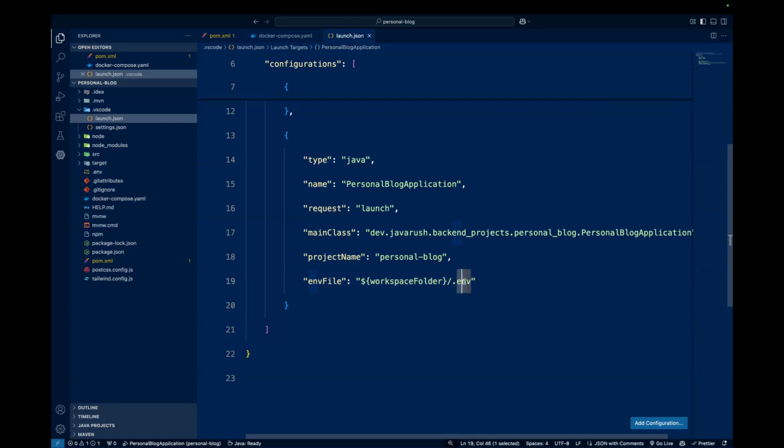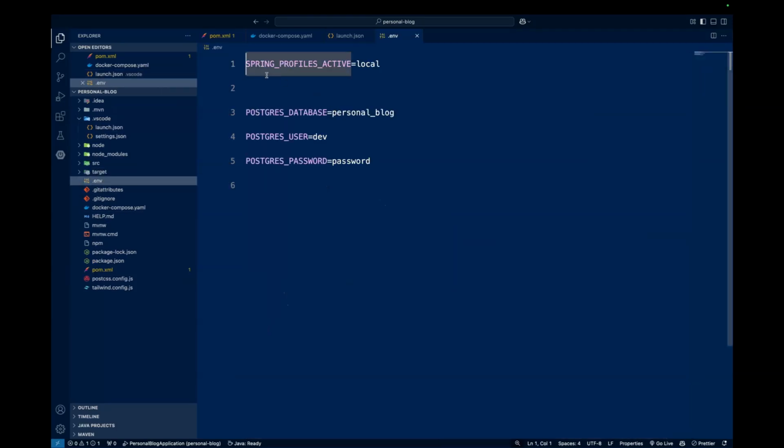So it will take this .env file from the workspace folder, and it will read all these properties. So it will read Spring profiles active, currently it is local, and the Postgres database, user and password variables, and they will be used in